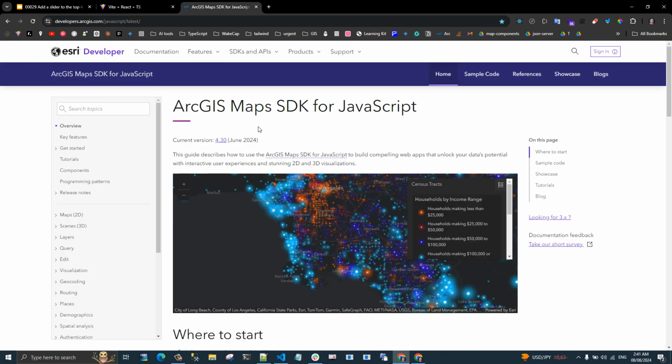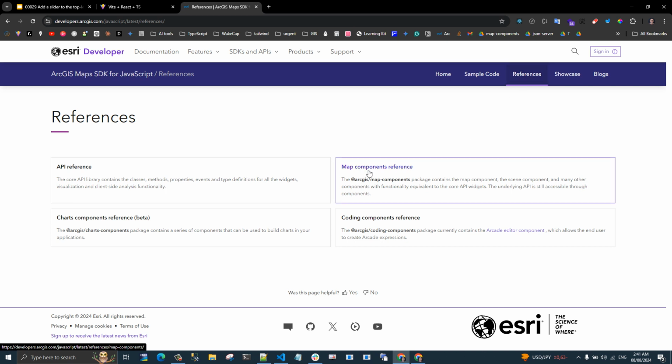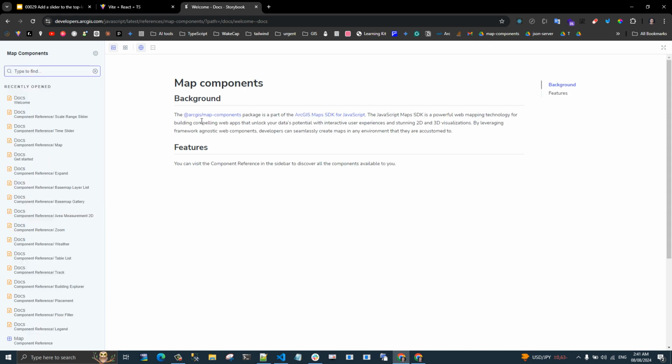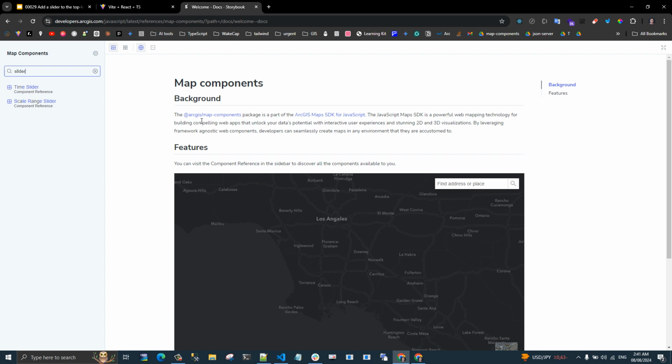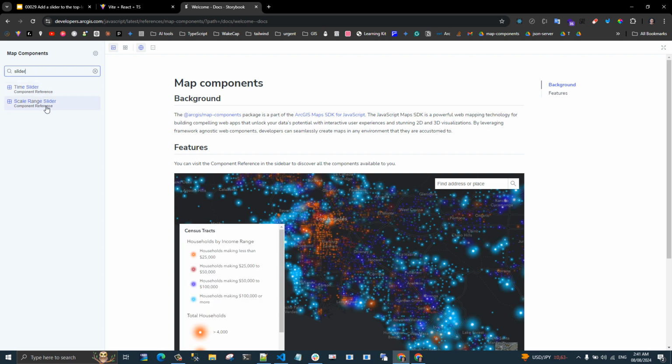So I will browse the documentation. I will check references and go to map components reference. I will search for slider, and as you can see here, we have time slider and scale range slider. There is no slider widget